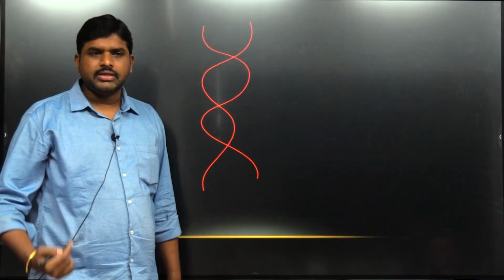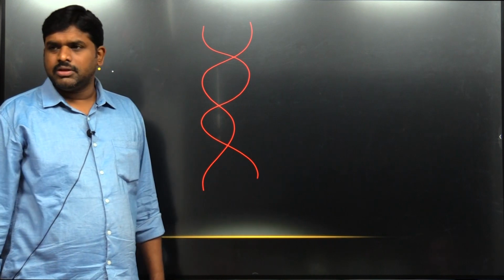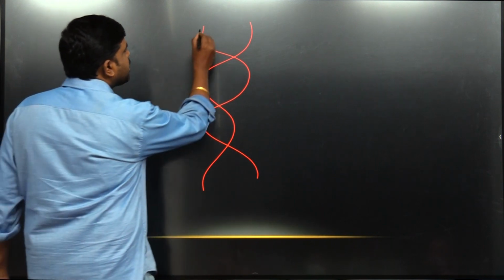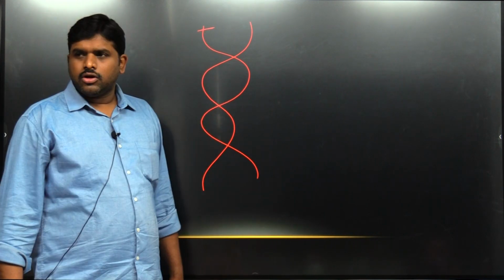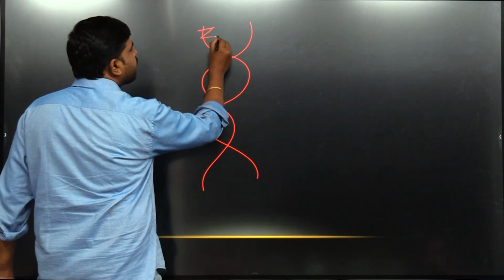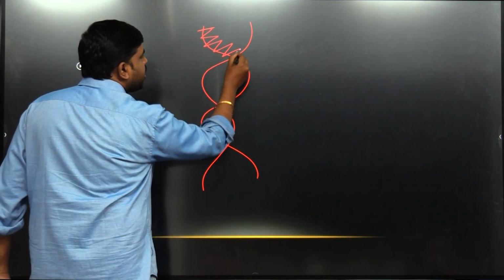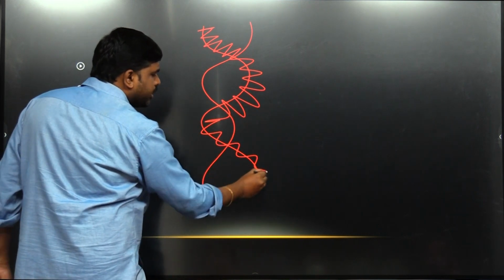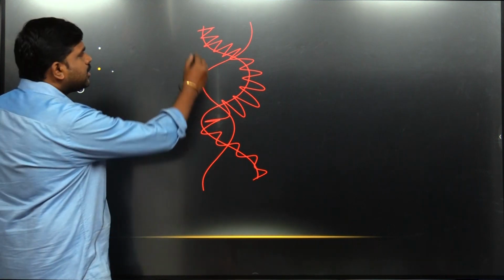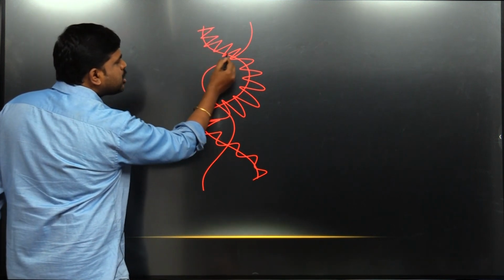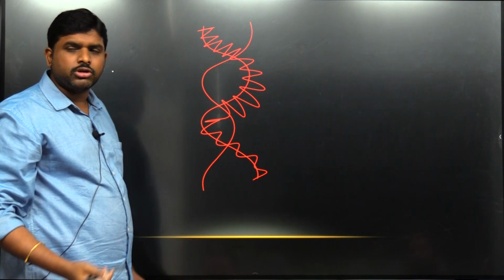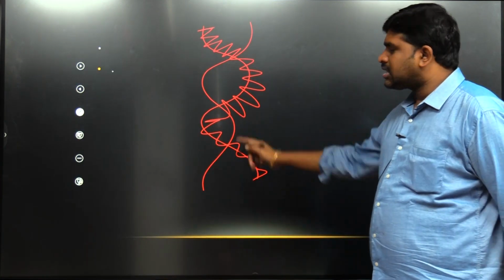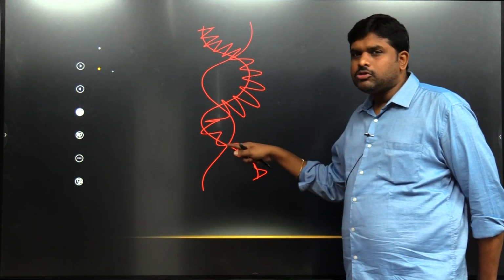The DNA structure will be there, like this. Every DNA structure has nucleotides. One nucleotide will be combined with another, and another, and another. So it is called polynucleotide. It's a combination of nucleotides, and the combination of nucleotides is called polynucleotide. So now we will discuss DNA structure. Again I will come back to this figure, and you will understand.